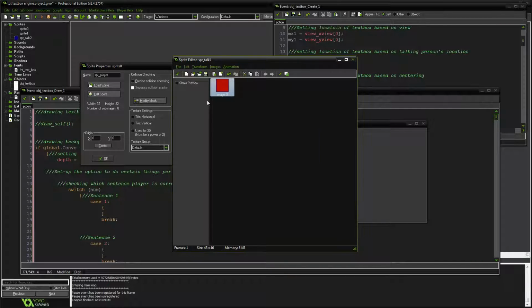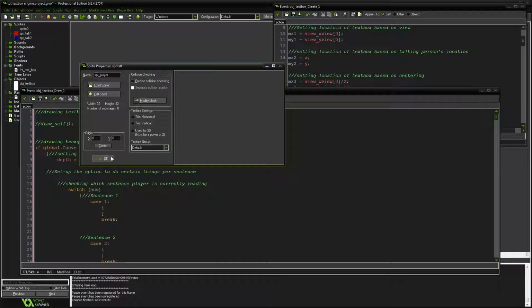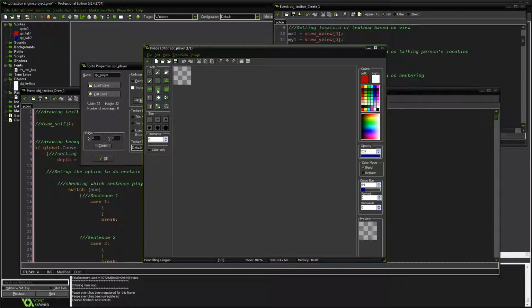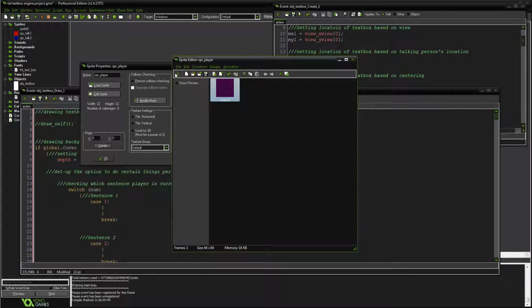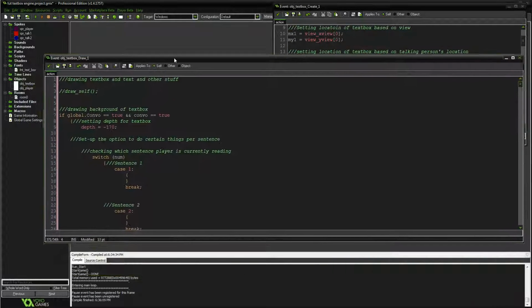Go ahead and trim that down. Center that. And then for the player, let's see, 64 by 64. The player will be a solid purple. Yeah, solid purple. You can center it as well. You don't actually have to center these, just FYI,